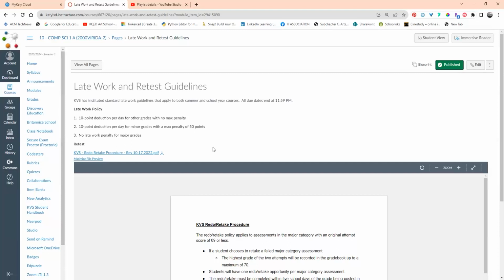However, you do need to make sure that you're working on them. And if you turn in anything after the due date, please, please, please make sure that you send me a message through Canvas inbox so that I know to go check it. Okay, because if I finish grading and you haven't turned it in yet, I may not see it. I may not see it for a while because it doesn't just pop out and tell me that it's there.